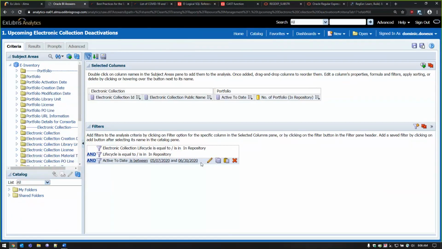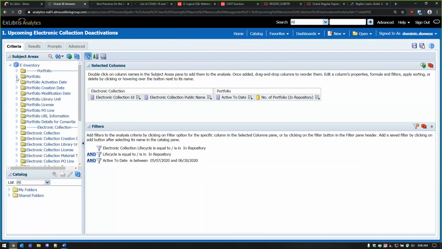So in our first exercise, we're going to look at how we can use functions in analytics to automatically update these dates and instead have a report that shows a rolling active to date between today and next month, whenever that happens to be. So we could add these functions directly into this filter, but I'd like to show briefly what these functions do, what the data looks like, so that it's clear what they're doing when we add them